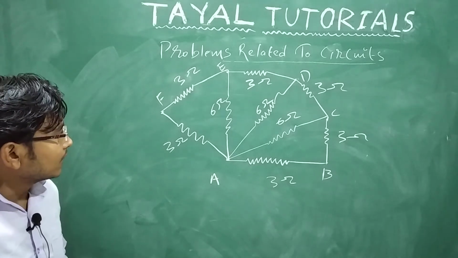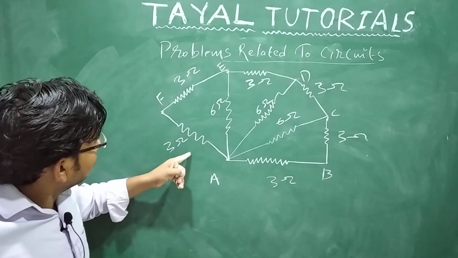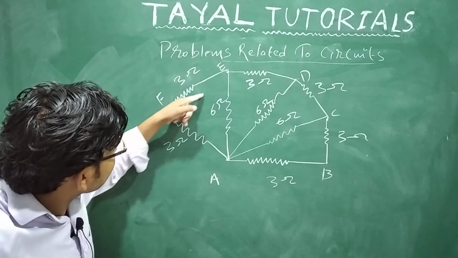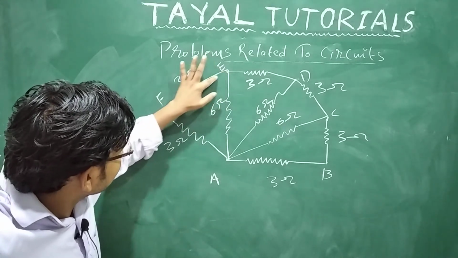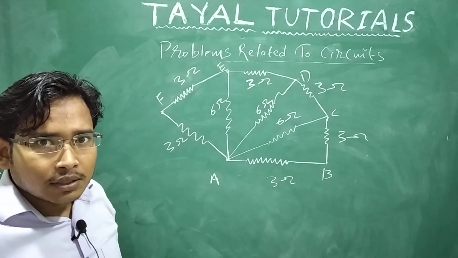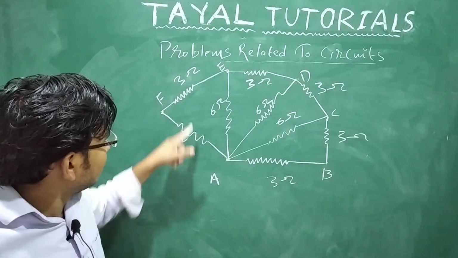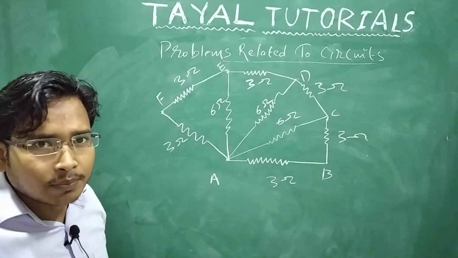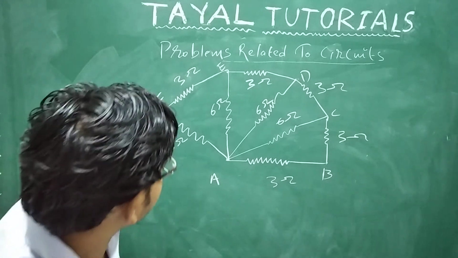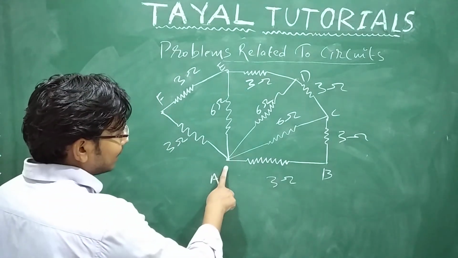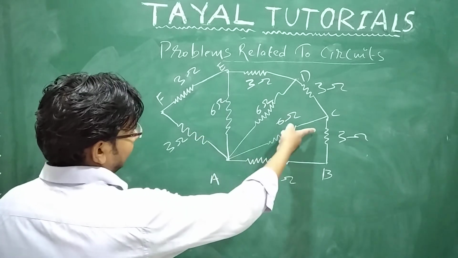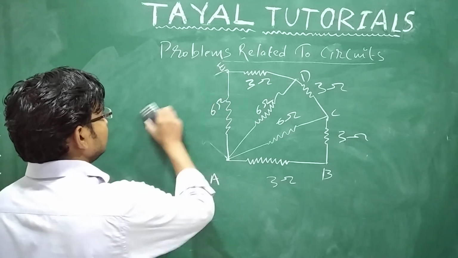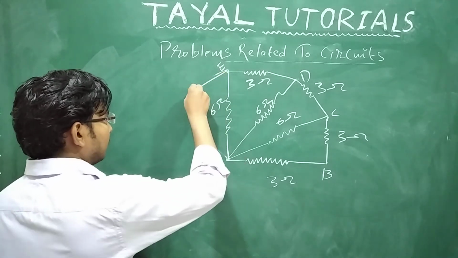You can see that this 3 ohm and this 3 ohm are in series. Up to here, there is no extra wire. From here to here, this is in series. So I can simply remove these 3 ohm and 3 ohm, and add these two to get their equivalent. I am doing that because I want to get the R equivalent between A and B, so I have to go in that way. I am just replacing that circuit.